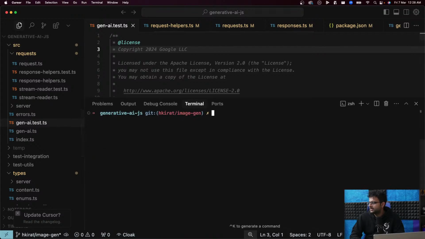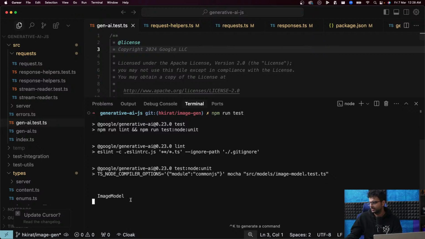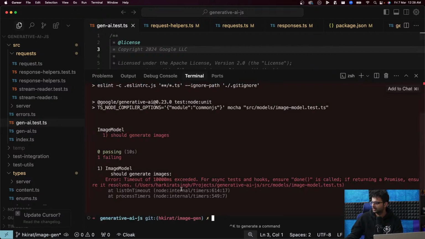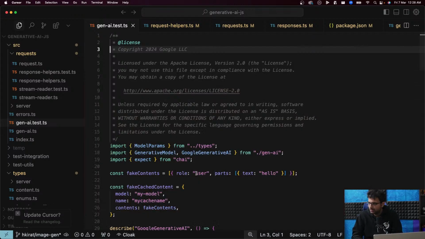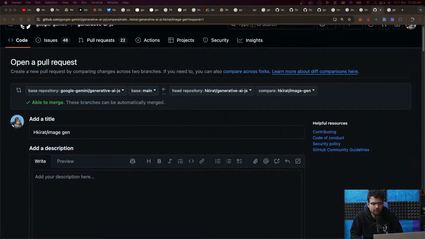All right, let's try the test one more time. Image model, and hopefully it returns us a decentish response. I worry about a timeout. Everything else is fine. Yeah, a timeout happened because image generation can take a long time. So what I can do is, let me again move off screen to hide the image.test.ts. Hold on.